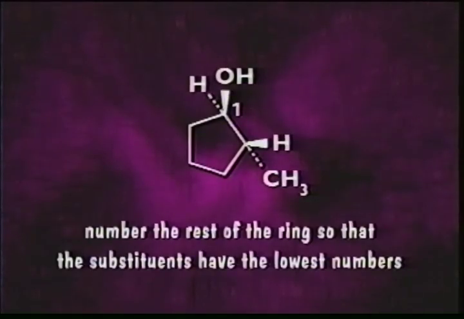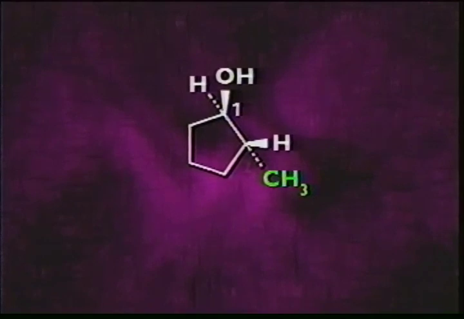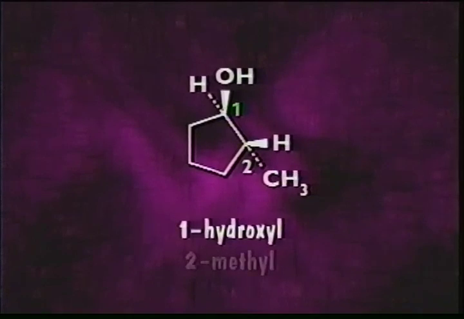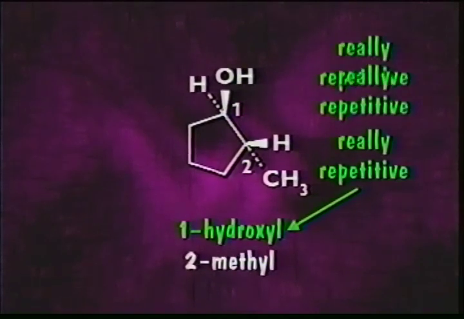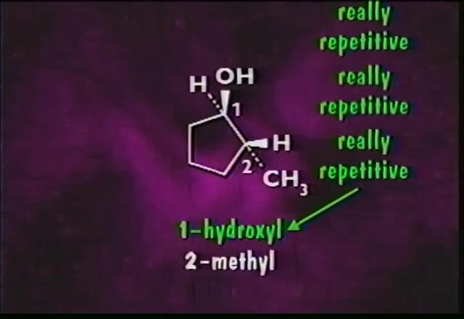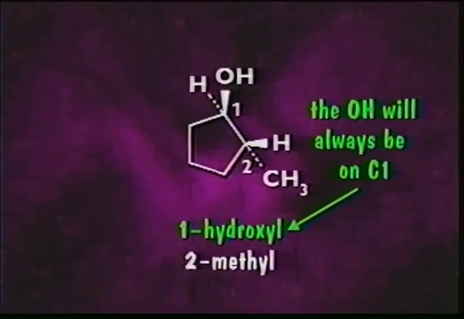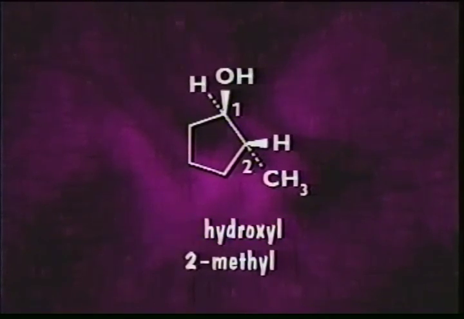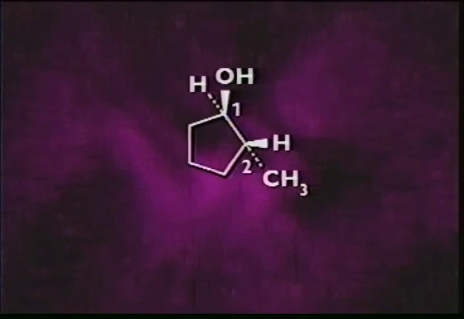We then number the rest of the ring so that the substituents have the lowest numbers. So the methyl group ends up on carbon-2. So far we've got a 1-hydroxyl and a 2-methyl. But 1-hydroxyl is really repetitive, because we know that the OH will always be on carbon-1. So we can just drop the 1. So the name of our molecule is